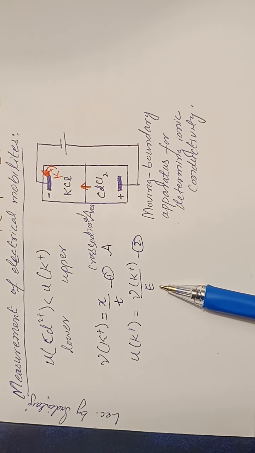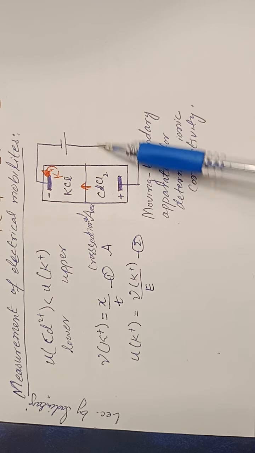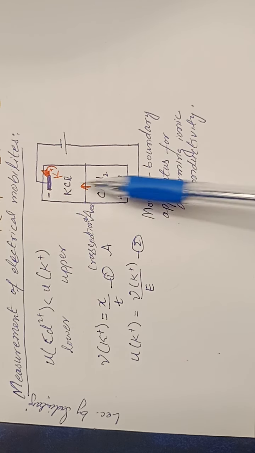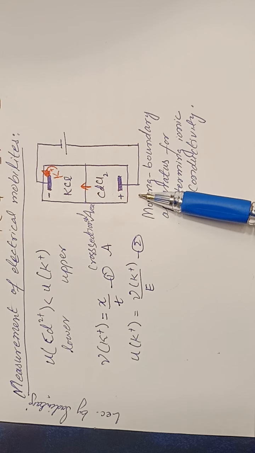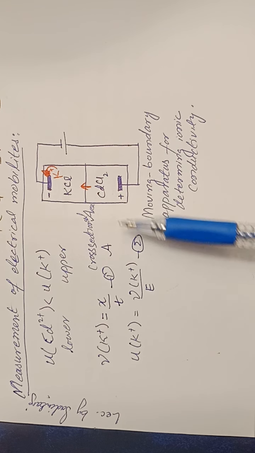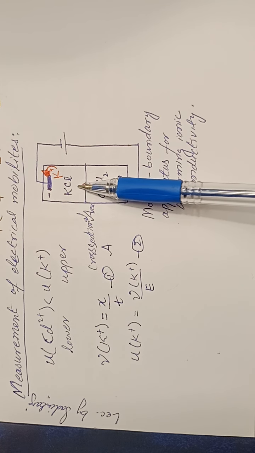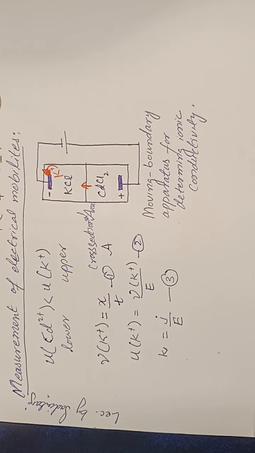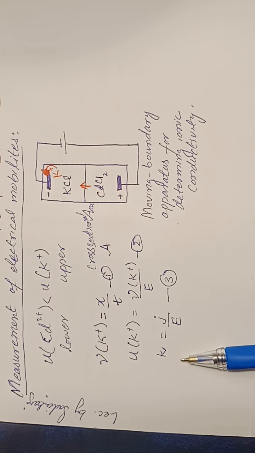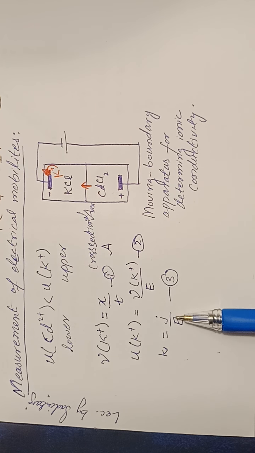Here E is the electric field that has been applied between these two electrodes, and this time t is the time required for the boundary to move in this direction. As we know, the conductivity is equal to the current density over the applied field. So by comparing equations 1, 2 and 3, we can write the